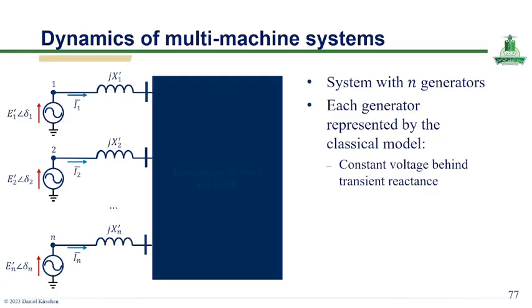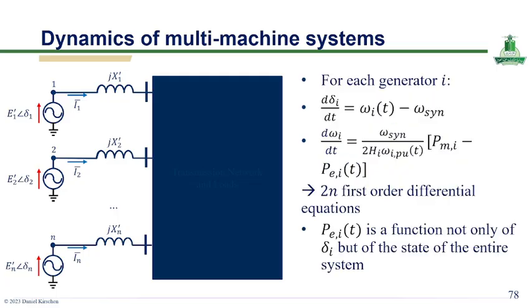The generators are connected to a common transmission network and load system, and each machine injects current into the network according to its internal voltage magnitude and rotor angle. So the model simplifies the complex dynamics of synchronous machines while still capturing the essential interactions among generators during disturbances. So this representation forms the basis for analyzing rotor angle stability, power transfer, and dynamic behavior in large interconnected power